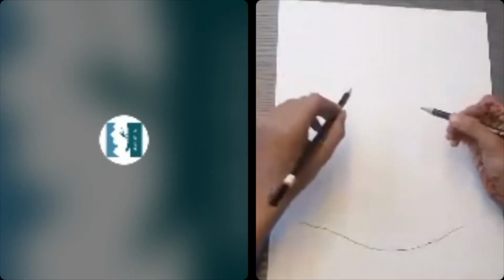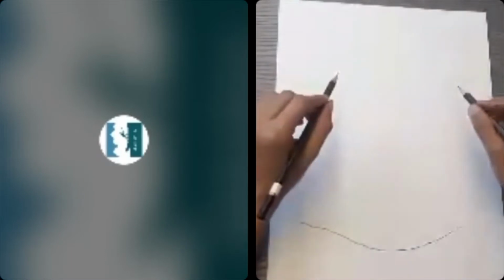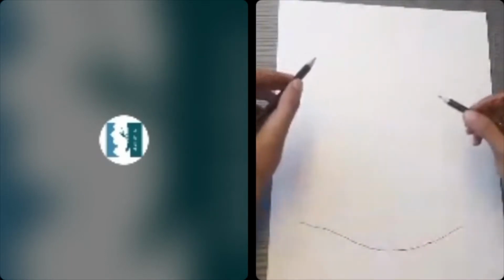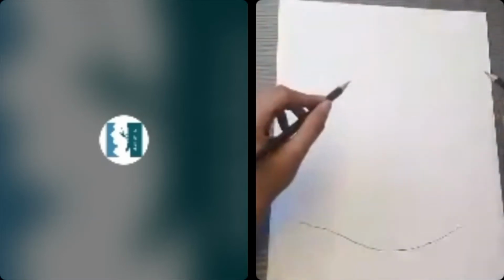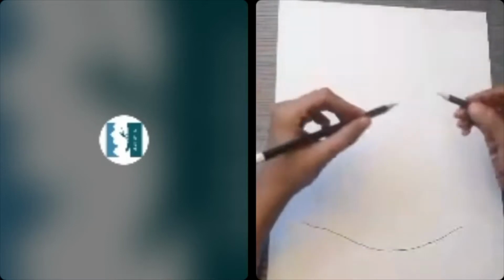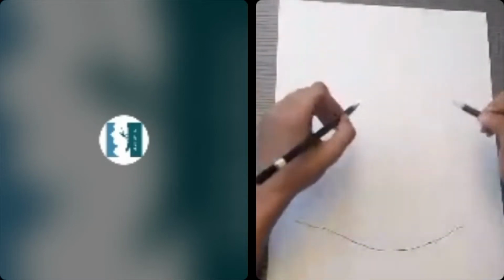So this is the real fun part. This is where you're going to be taking both of your pencils, one in each hand. This is something you might have done before for fun, you might not have, but it's going to be a fun challenge for all of you. So what we're going to do is place both our pencils and work with both of them at the same time.